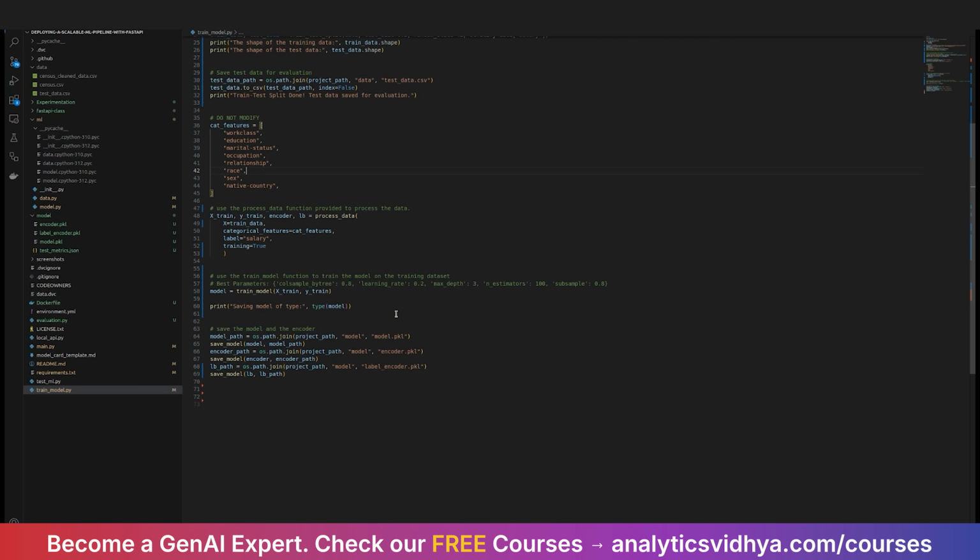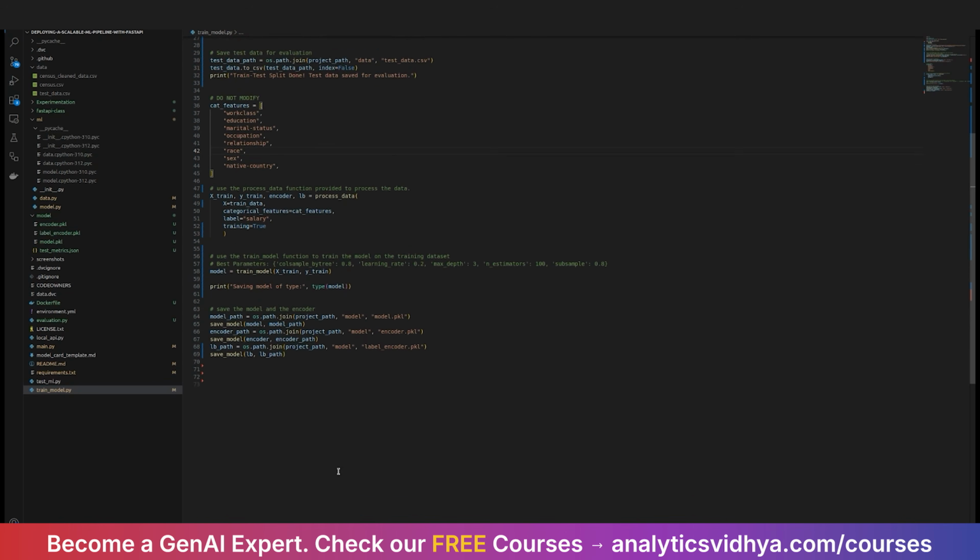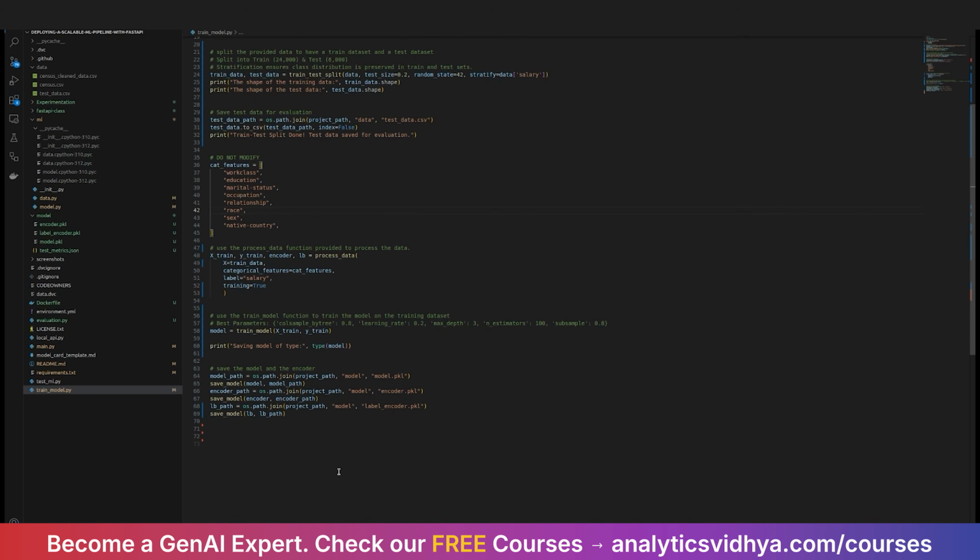This function separates the salary column. It encodes the categorical features using a label encoder and then converts the label into a binary column using another label encoder. The function returns X_train, which is the NumPy array of processed features, y_train, which is a binary label vector, encoder, which is a dictionary of fitted encoders for categorical features, and then LB, which is the fitted label encoder